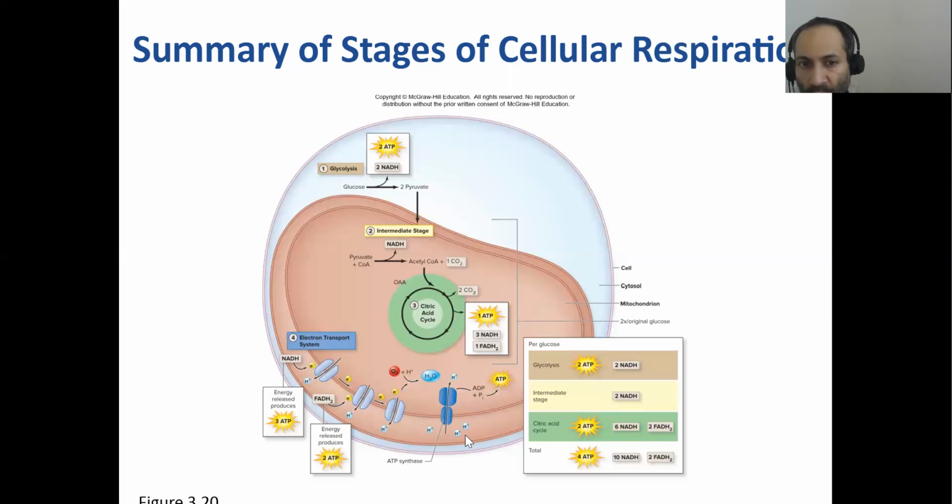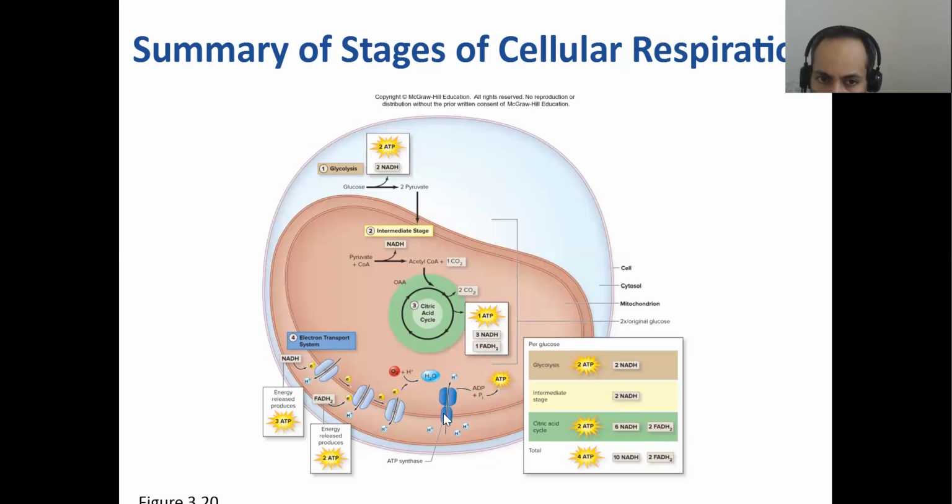Now, what do these hydrogen ions want to do? They want to get back inside desperately, right? But there's only one way for them to get back inside. They have to go through kind of like a turnstile. You know what a turnstile is? That revolving door kind of thing, a revolving wheel where one person goes and then the next. So this is kind of like a turnstile molecule called ATP synthase. In other words, this is an enzyme that synthesizes ATP. So the hydrogen ions go one at a time through this ATP synthase molecule, and it rotates, right? Just like a turnstile, with each proton moving in.